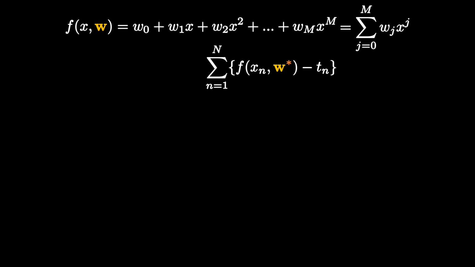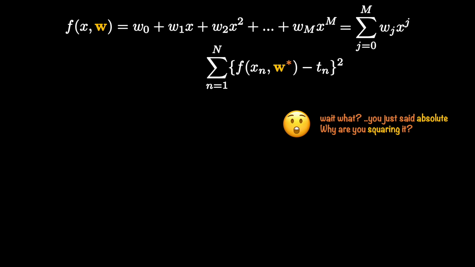Now, one issue with this formulation is that we are interested in an absolute error for the data points. What if a few data points result in a negative error? This could have an impact on our total error, because some of the data points will give a negative value while others will give a positive value, and they may cancel each other, giving us an invalid value of the total error. So the remedy for that is to square the difference. This way all the differences will be positive.